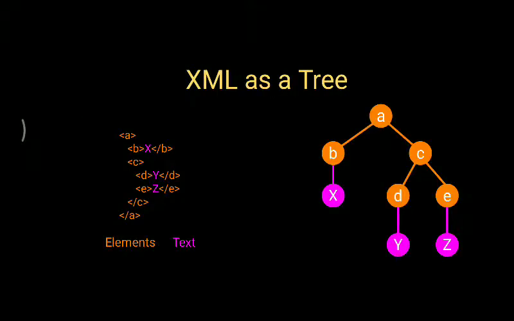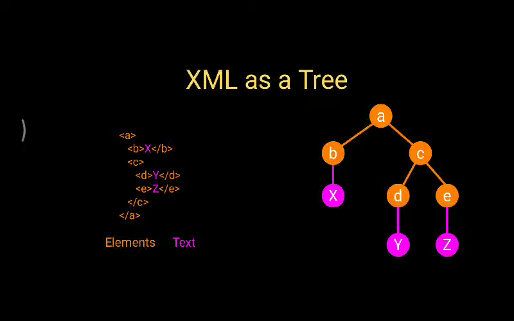So now you can see here, you can write XML in the form of a tree. It looks like a tree. So you have to write it in the form of a tree only. Now have a look at this particular slide. In this, how XML elements are written in the form of a tree. So here A is a root node. Under that root node, B and C are children, and directly under B it contains the data, or else text, as X. Under C it once again contains the sub child nodes called D and E. D contains the text Y and E contains the text Z.